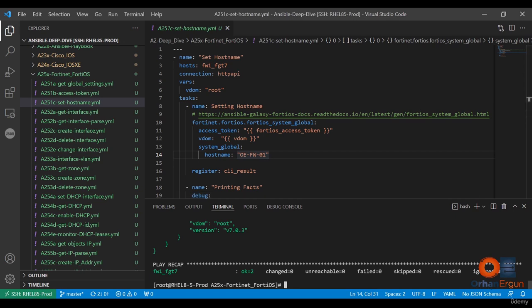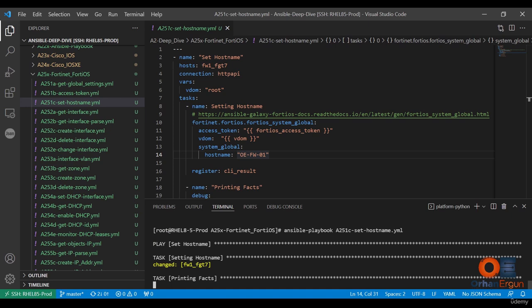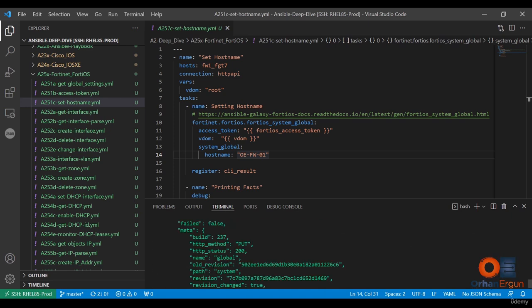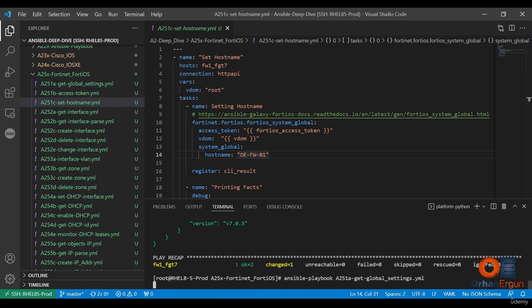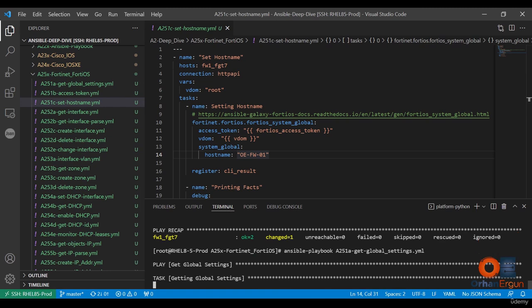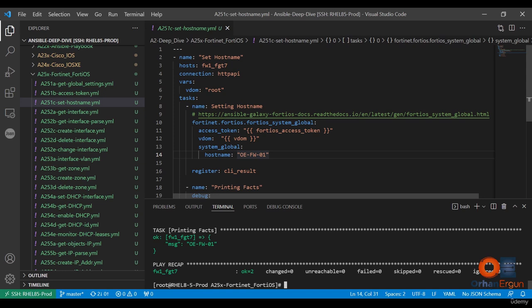So run the playbook: ansible-playbook A251C set hostname. Changed, everything good. If you want to verify, just rerun the first playbook that you have, which is A251 get global setting, parsing the hostname. In this case, I think the hostname will be changed into OE firewall 1. Changed. And if you want to verify,